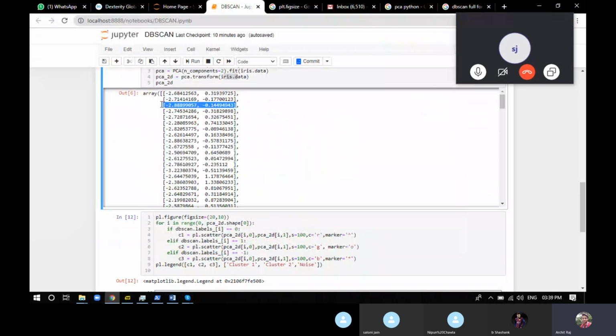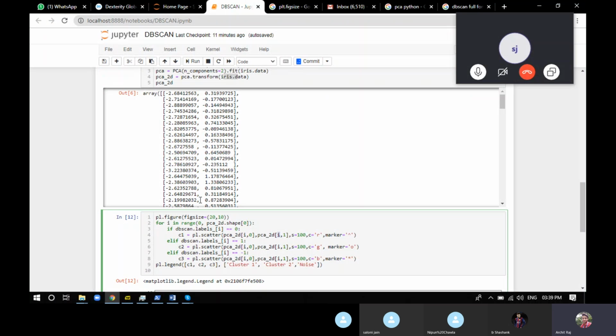So you can see this is the ith index. The whole of this is the ith index. So we specified PCA 2D i on both sides. Now inside i, this is the 0th index, this is the first index. As you remember, if we have an array inside an array, or a list inside a list, we first specify the outer list and then the inner list. That's the same thing that we are doing.